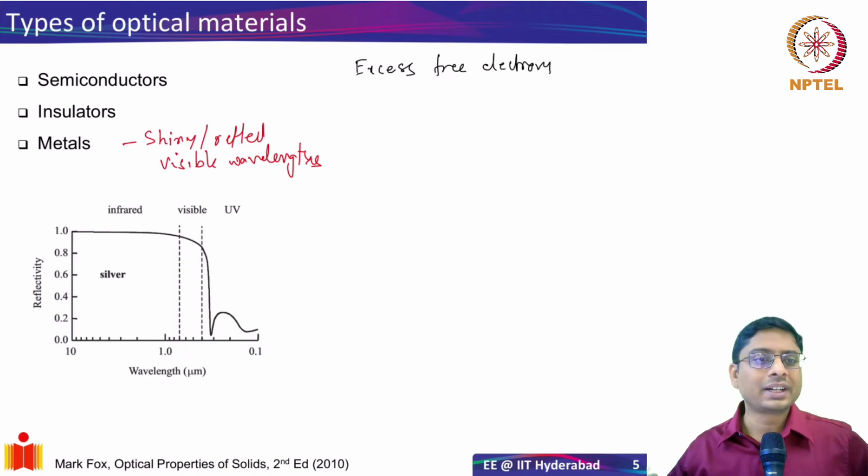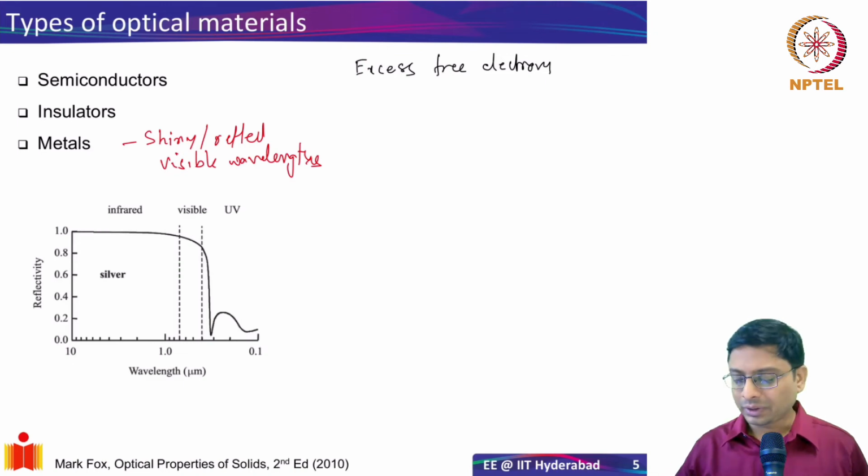Therefore, whenever an electromagnetic wave is incident on that, the electrons can move, and that process is what we call free carrier response, and that essentially determines the properties of metals. And we will do that shortly. Okay, we'll go to that, but right now I just want you to understand the difference between semiconductor and